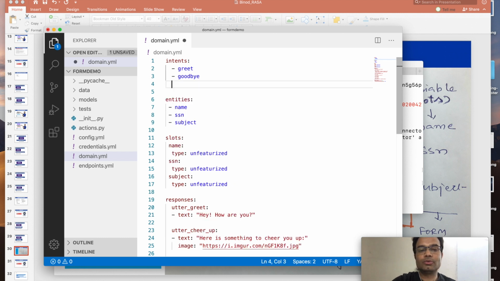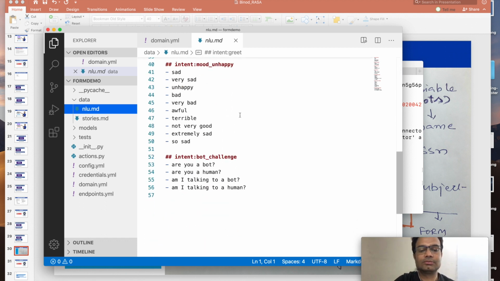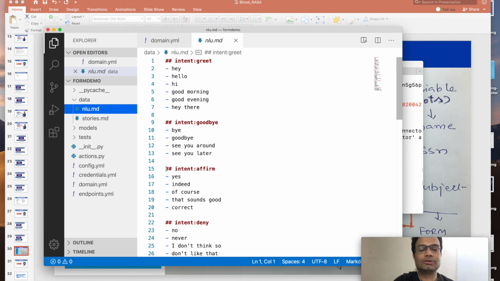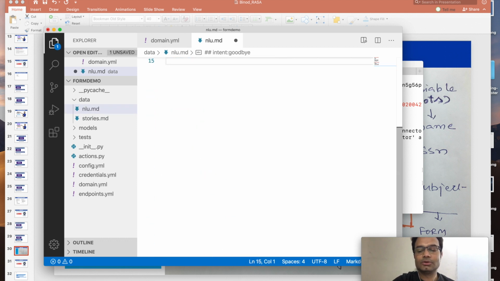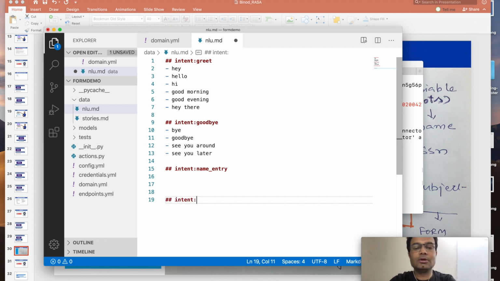Once it is done, you go to the intents, where I can put all my training data. We don't want all those things, so just remove this. First we need the intent name entry, then the intent SSN entry, then the intent subject entry.